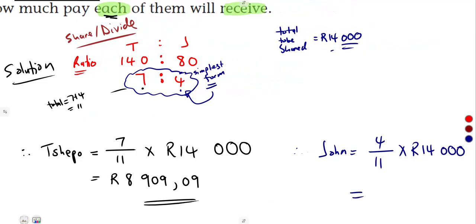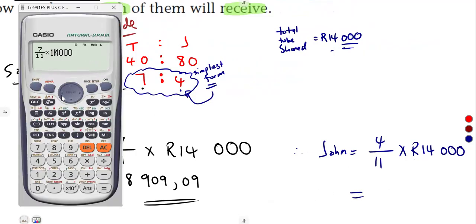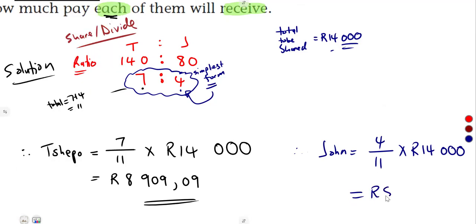That was going to be the share of John. So you're just going to put a 4 here. As a decimal, 5,090.91. All right, so this is it. So that is how they shared